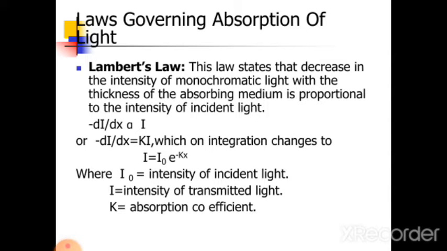First, we see about Lambert's law. This law states that the decrease in the intensity of monochromatic light with the thickness of the absorbing medium is proportional to the intensity of incident light. That means minus dI divided by dx is proportional to I. I is the intensity of transmitted light. So it is denoted as minus dI by dx is equal to kI, which on integration gives I is equal to I naught e power minus kx. I naught is the intensity of incident light, I is the intensity of transmitted light, k is the absorption